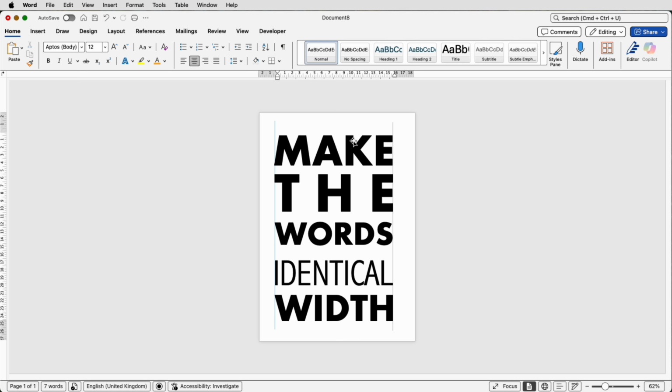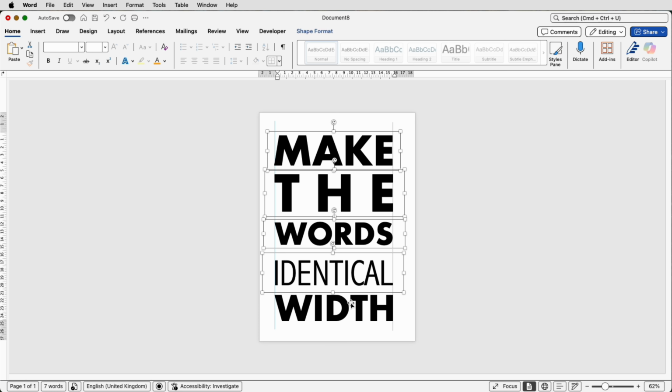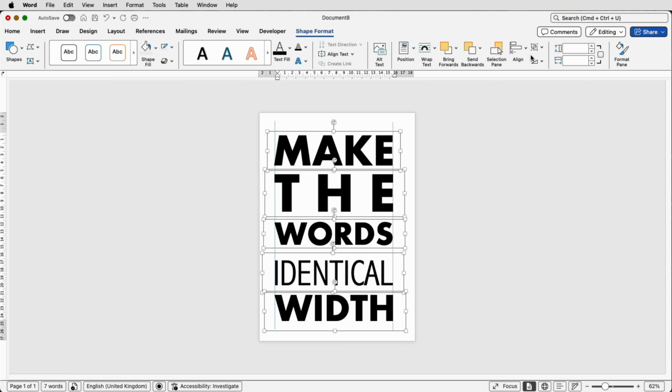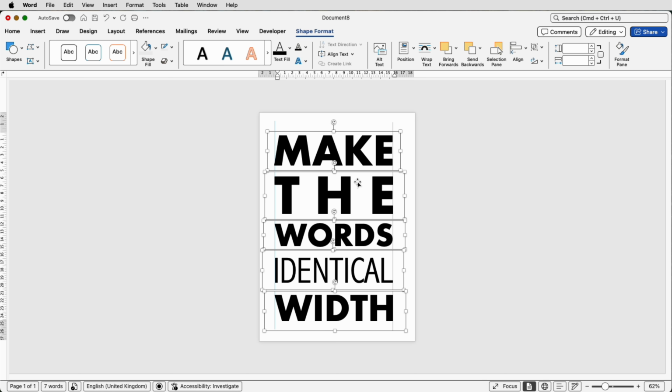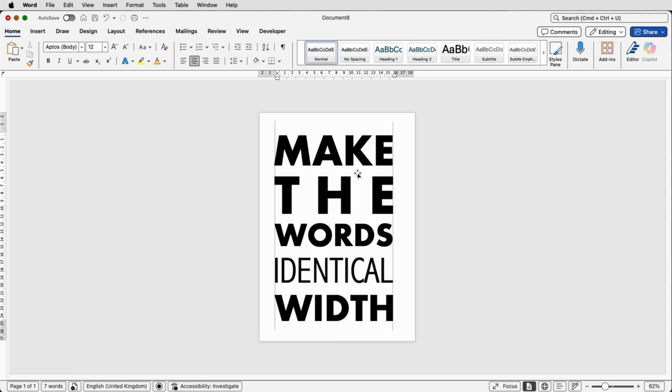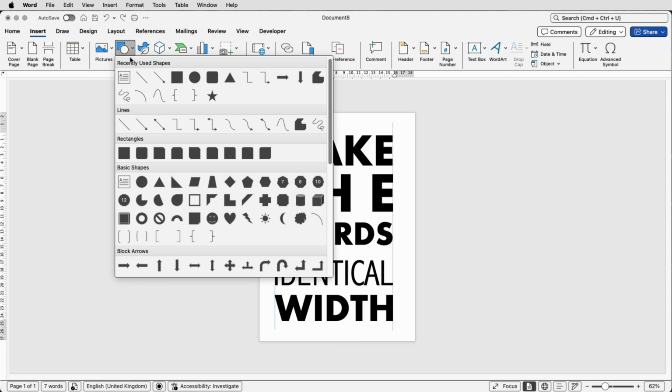Now we want to space these out. Now if I try to use what I call the normal format for spacing, if I go to Shape Format, go to the Align tool, and normally I would use Distribute Vertically, which normally would give you an identical width between them. But if I deselect, you can see that that's not quite that accurate because there's wider ones here than perhaps up here. So the way to correct it properly is to go to Insert, go to Shape, create